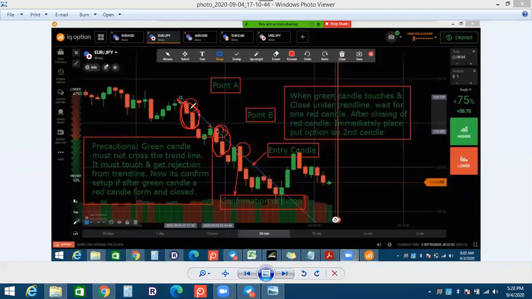So when you count the two candles here, after a green candle, two red candles here. So what we will do, we will consider that is point number A, that is point number B. And on this point, we will draw a trend line, just from this point to this point.